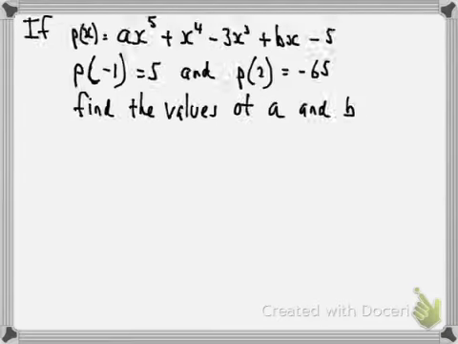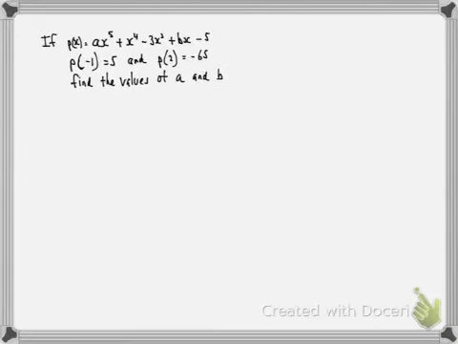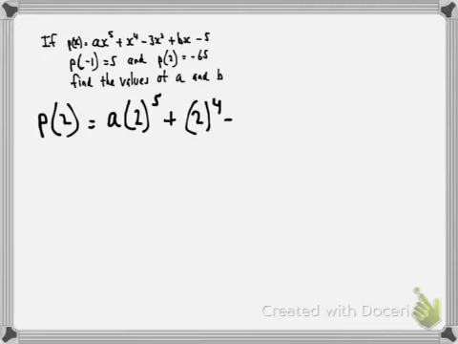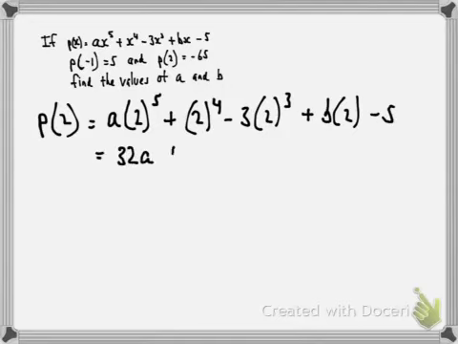Remember, there's our question that we started with. And now we know that p of 2 equals negative 65. So let's find p of 2 equals, so we're substituting x for 2. We get a times 2 to the power of 5 plus 2 to the power of 4 minus 3 times 2 cubed plus b times 2, take 5. Expanding that, we get 32a plus 16 minus 24 plus 2b,